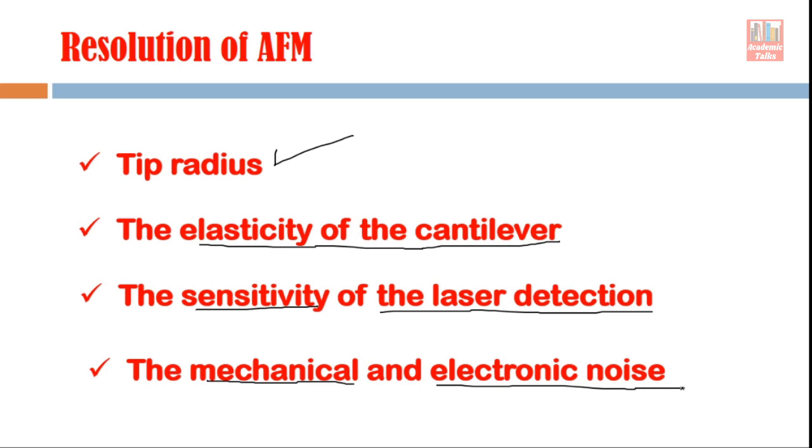In the same way, not only the mechanical but the electronic noise which is present in the system also has to be avoided, because this AFM is very sensitive equipment, and we have to detect very small vibrations in the cantilever, and whatever electronic signal is generated because of those small vibrations, that signal is also very small. So if your entire system is a noisy system, your signal will be lost within that noise, right? You have to eliminate the noise. That is highly important, because what you are going to detect is a very small electronic signal, right?